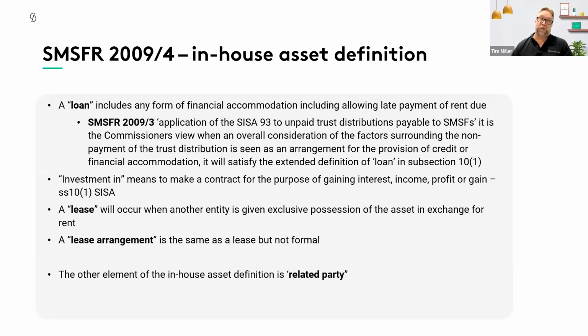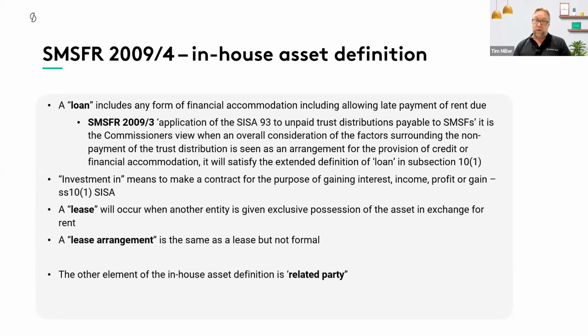But then there was also a transitional period, a transitional 10-year period that provided for additional investments within those investment vehicles that would also be excluded from the in-house asset definition. And what was key was that transitional period ended at 30 June 2009. And so we saw a lot of material coming out in 2008, 2009 about how we dealt with certain specific areas. And so it's important to focus a little bit on that 2009/3 ruling about unpaid trust distributions,